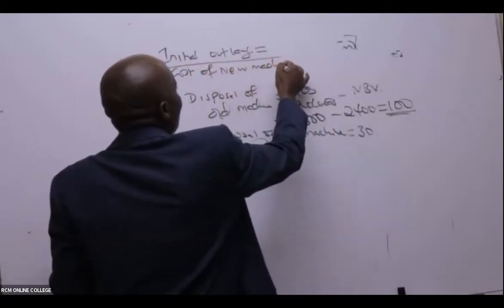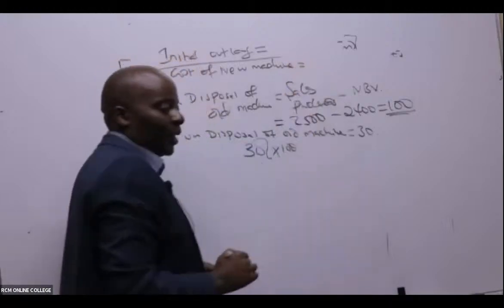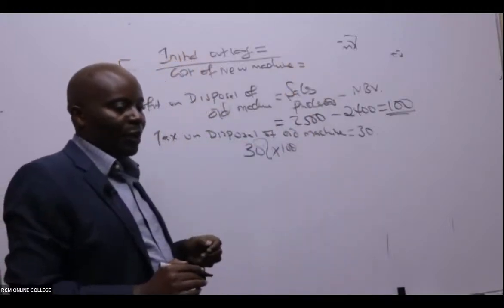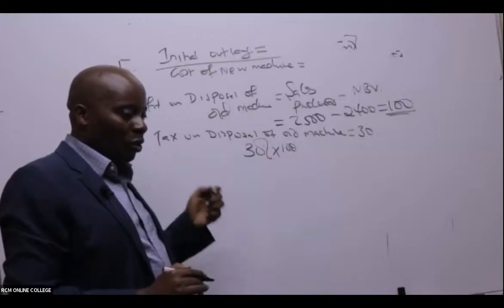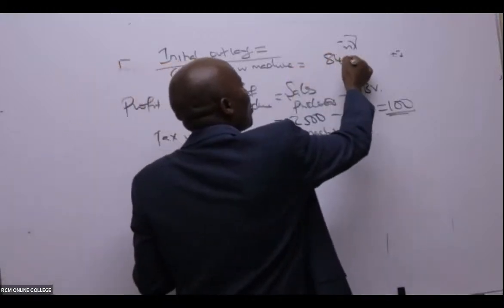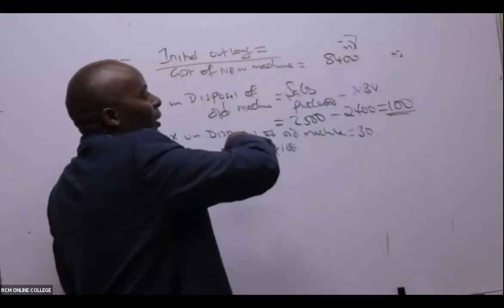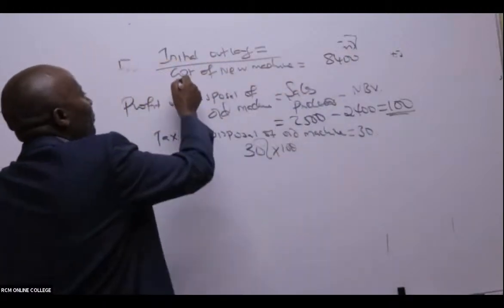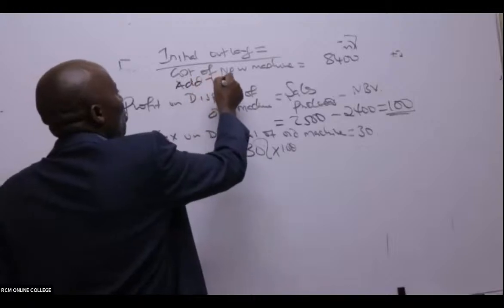Is there anybody who is able to see the cost of the new machine, including installation? Including installation, cost of new machine, 8,400. I hope we are able to see this. It is cost of new machine, including installation. Then you add tax on disposal